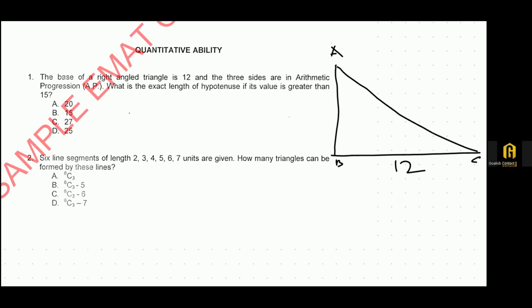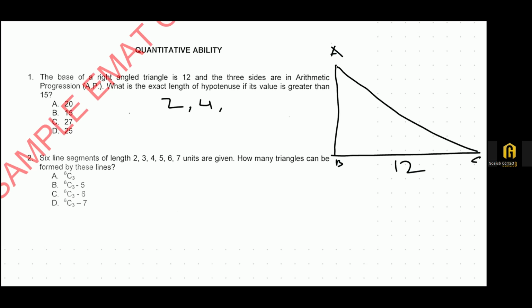Basically, it's a layered question. It has two aspects to it. You need to have some knowledge of geometry in order to solve this question, and also knowledge of AP. What is AP? So first I'll tell you what is an AP. If there are a set of numbers, say 2, 4, 6,